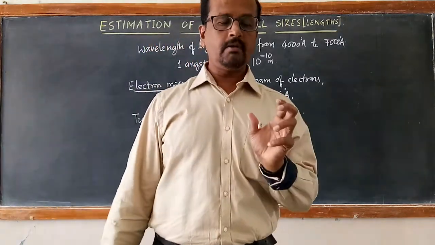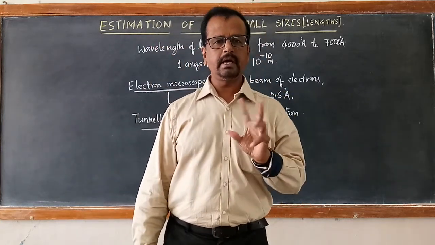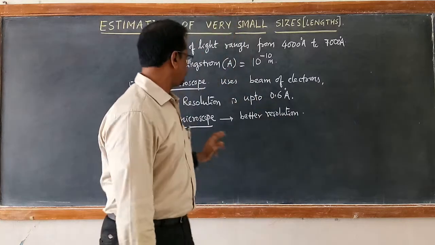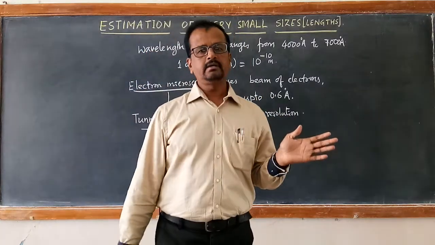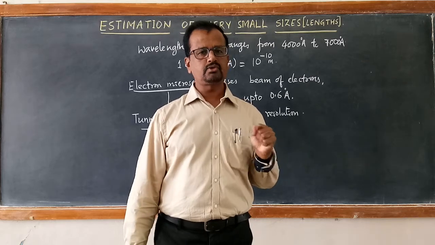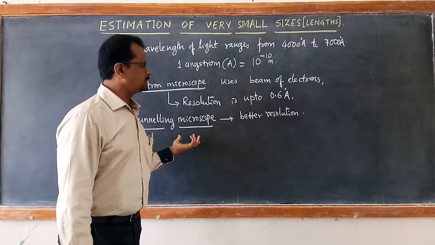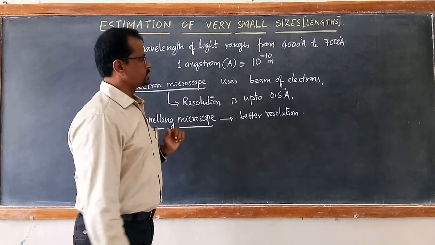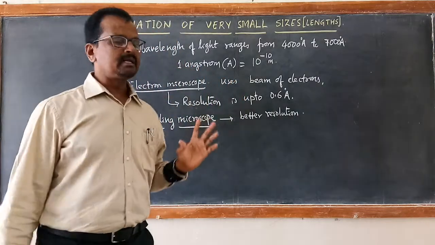One can observe the spacing between the atoms. The atomic spacing can be observed with the help of the tunneling microscope, and one more is the X-ray microscopy. So all those things will be studied later,